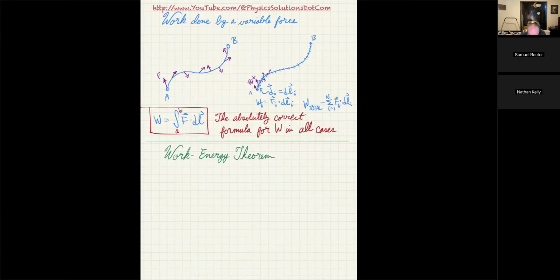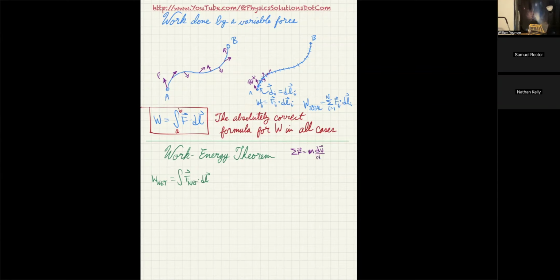The work energy theorem. What we're going to do is try to calculate W net, which I already told you about before was the sum of all the individual works. But I also told you that other way, which is the work done by the sum of all the forces in the coordinate direction. So work net is going to be equal to the integral of F net dot dl. Now F net, remember, Newton's second law says the summation of the forces is equal to mass times acceleration,